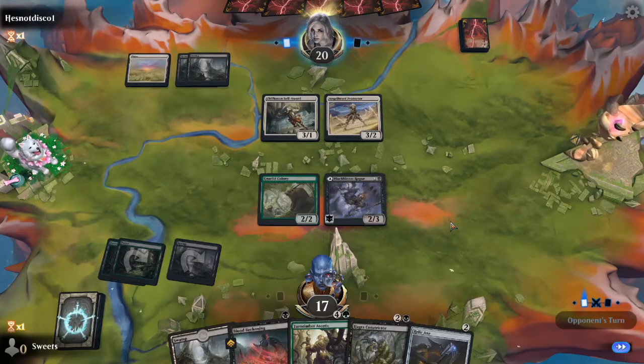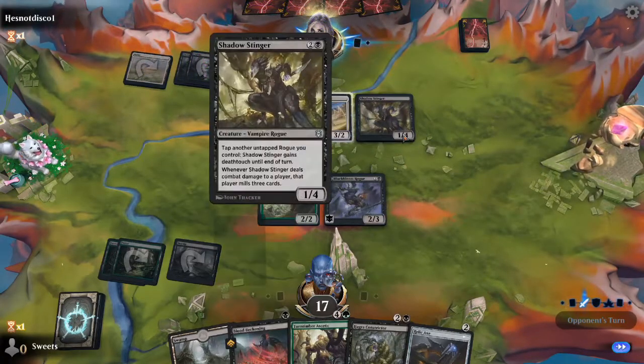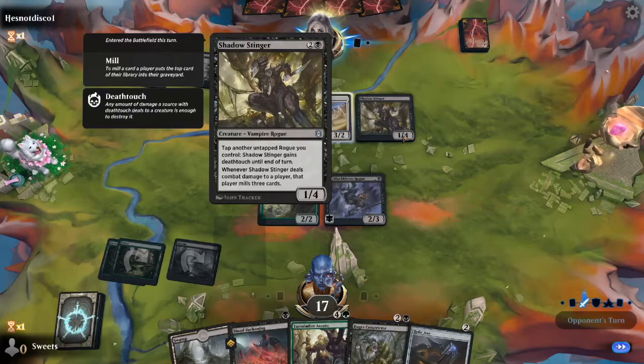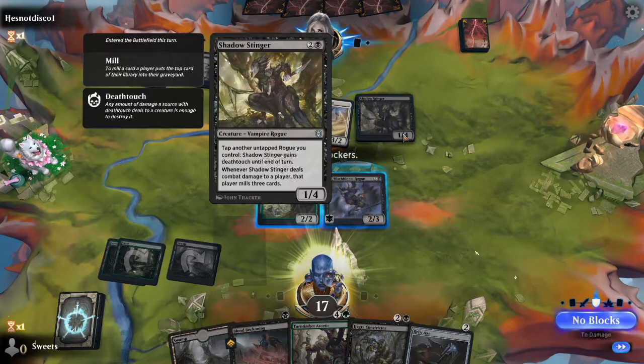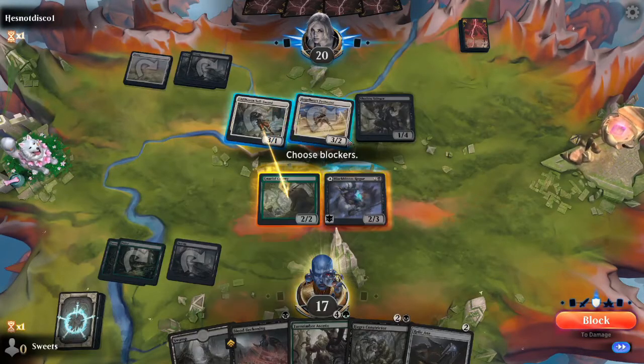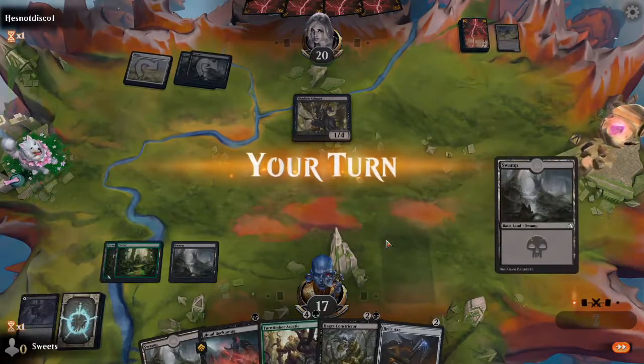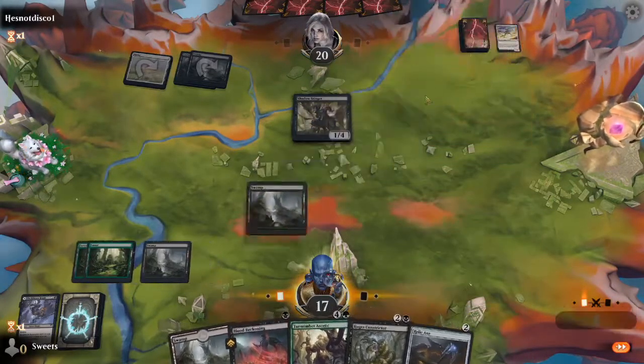If they got some good equipment or something, that's going to change things, but... Shadow Stinger, which is a 1/4 Rogue. Tap another Rogue you control: Deathtouch. Whenever it deals combat damage to a player, that player mills 3. Alright, well, yeah, we're just going to trade and trade. Sure. And then we're going to go...